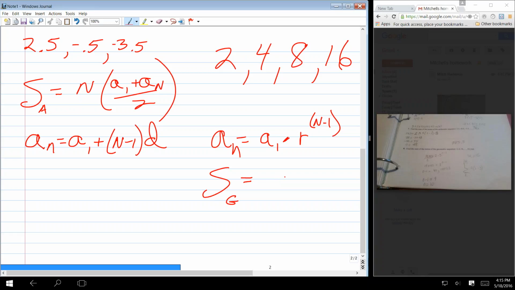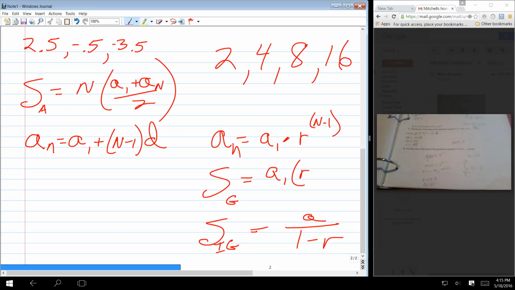I know what it is for an infinite geometric series. It's a over 1 minus r. Yeah, I have it right here. I was trying to do it by memory, but that was a failure. It would be a sub 1 times 1 minus r to the n